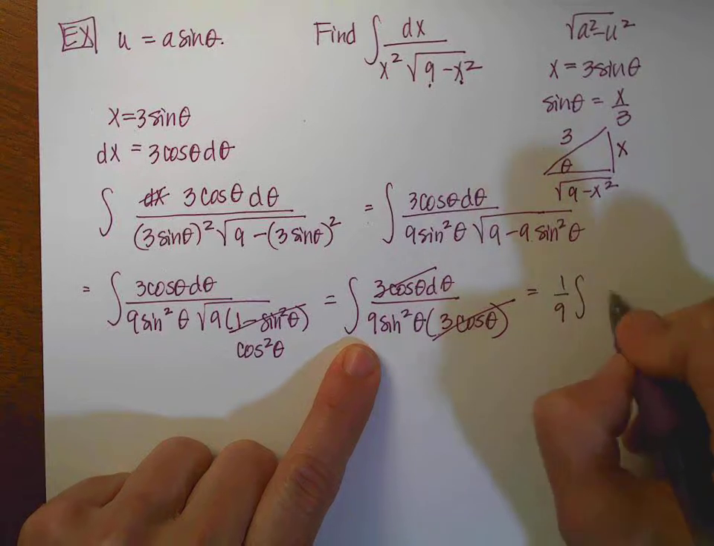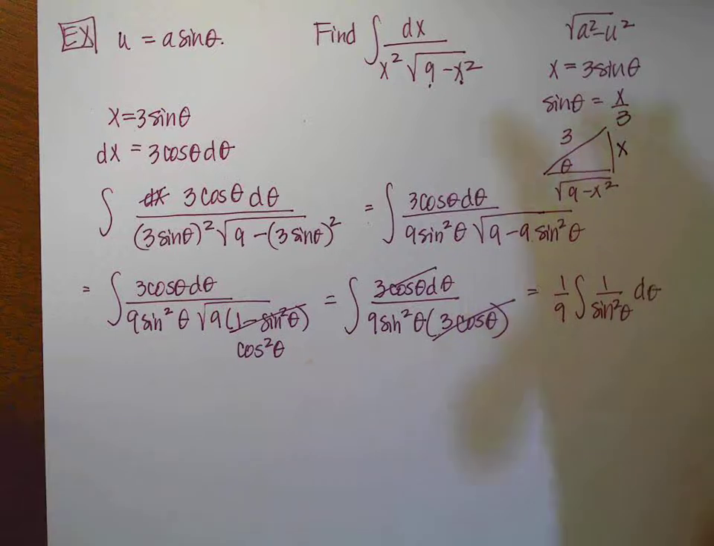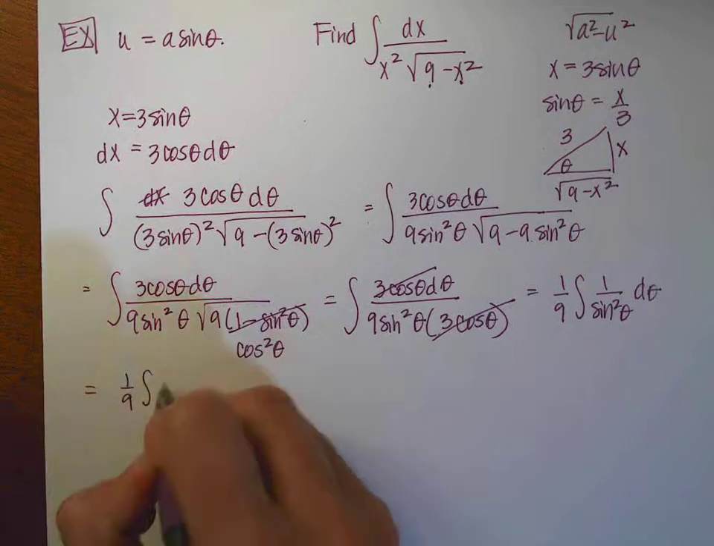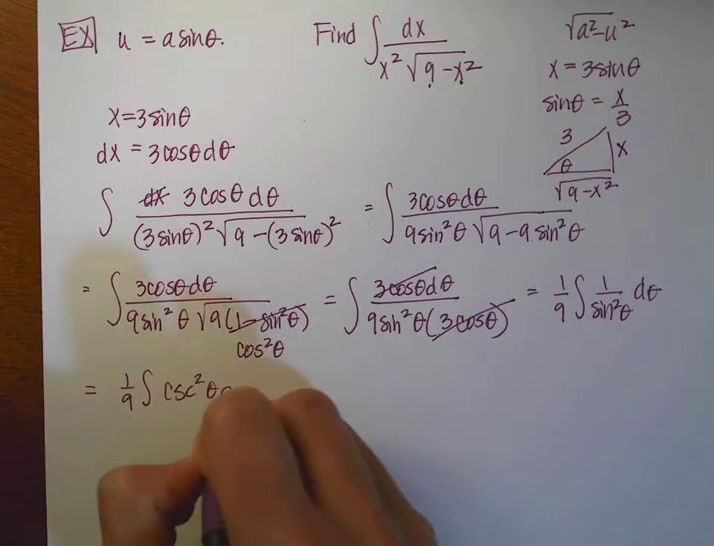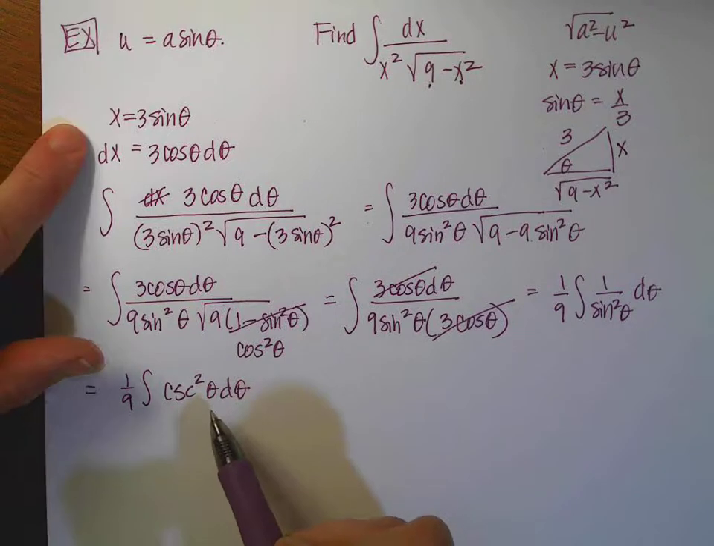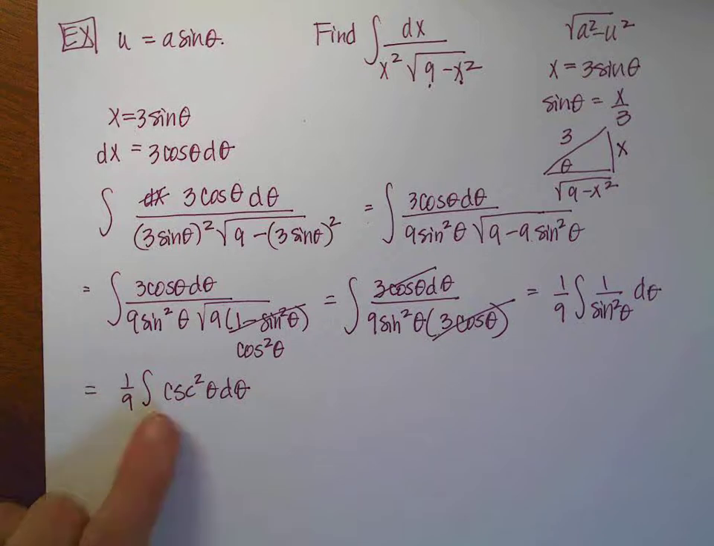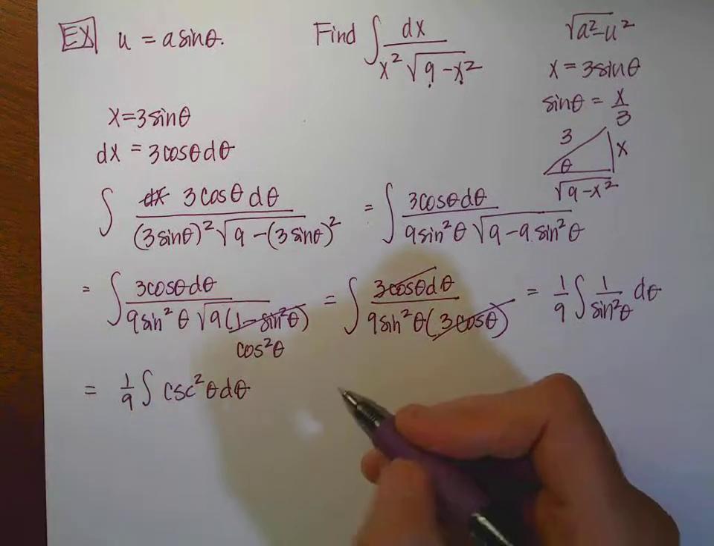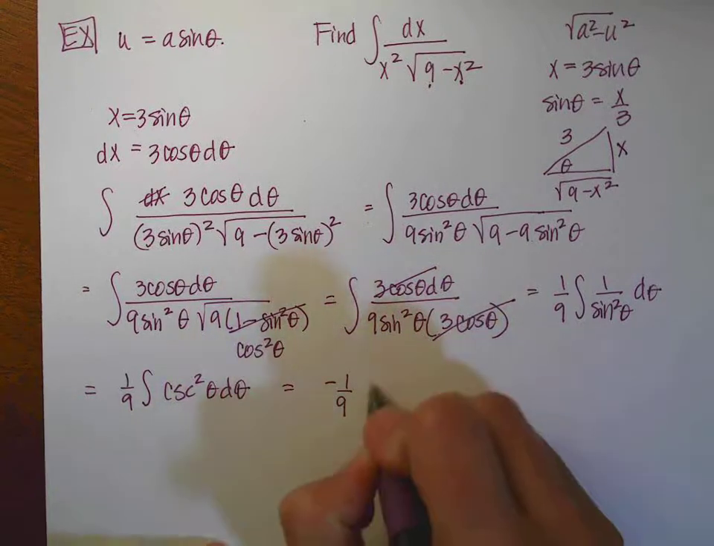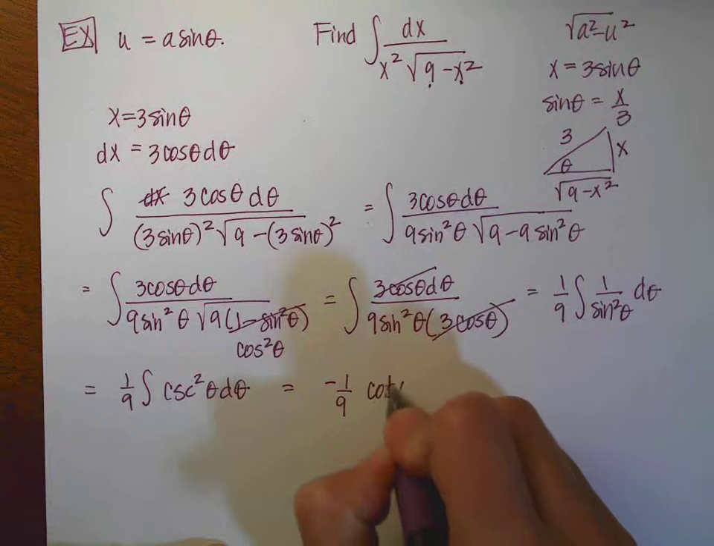I can pull the 1/9 out front, and I have 1 over sine squared theta d theta. And 1 over sine squared is cosecant squared, so this is 1/9 times the integral of cosecant squared theta d theta. And if you'll notice, the problem started in x's, and now we're working with thetas, so we will eventually have to go back to our x's. All right, the integral of cosecant squared is negative cotangent of theta, so this is a negative 1/9 cotangent